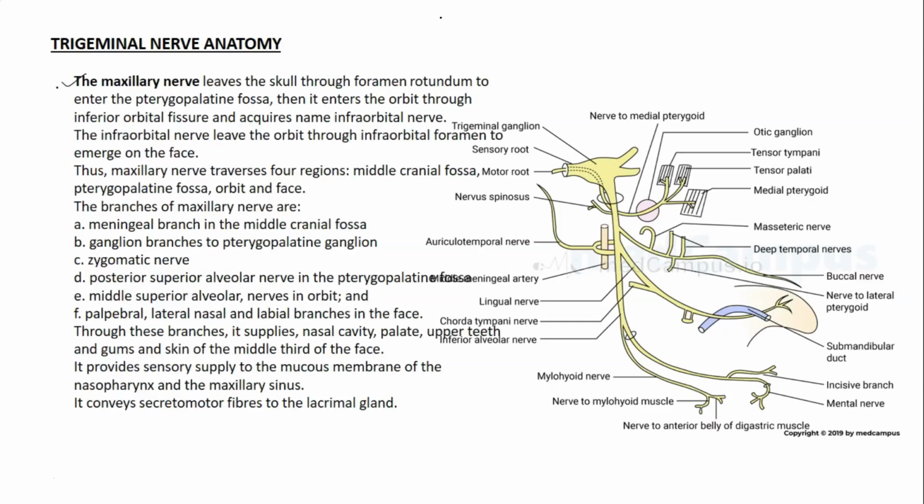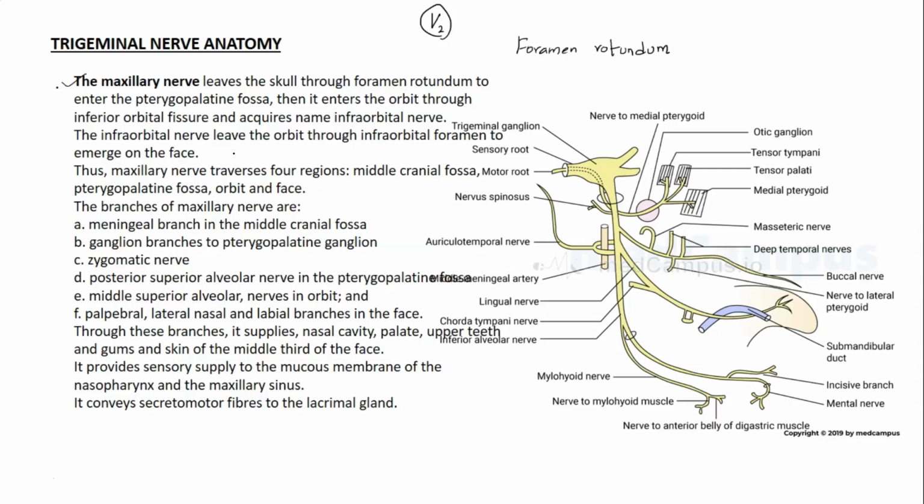The motor trigeminal passes through the foramen ovale. The maxillary nerve, or V2, passes through the foramen rotundum. See, structures passing through the foramina of the skull are very important from the PG point of view. Even for theory exams, you need to mention that the maxillary nerve leaves the skull through the foramen rotundum,